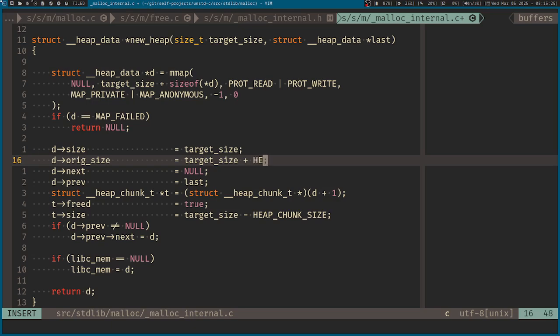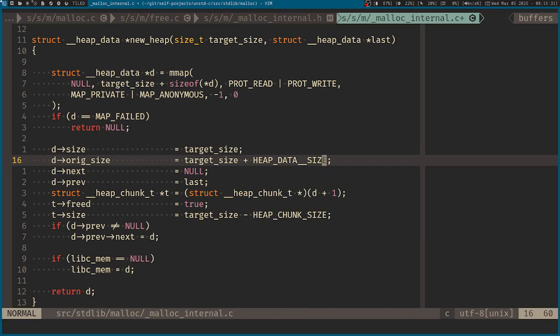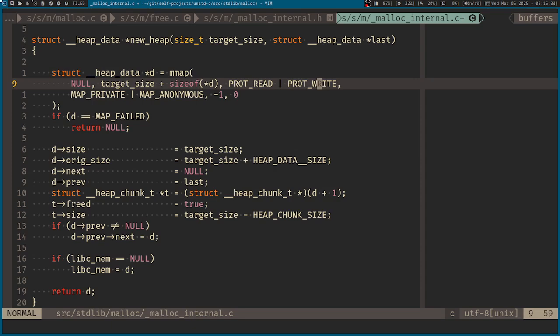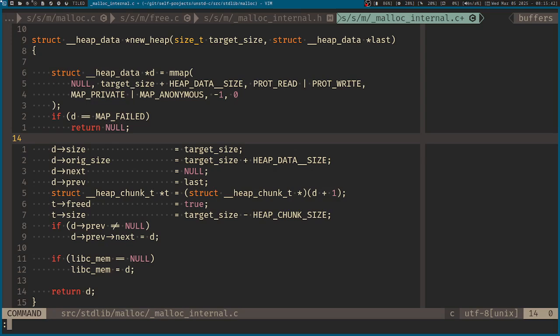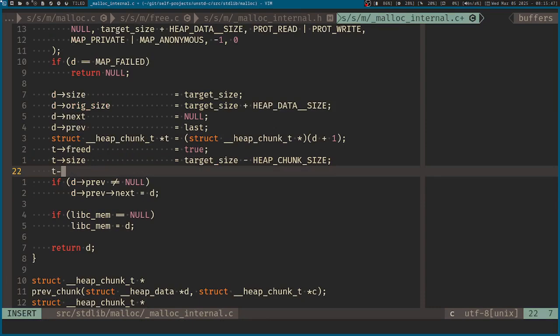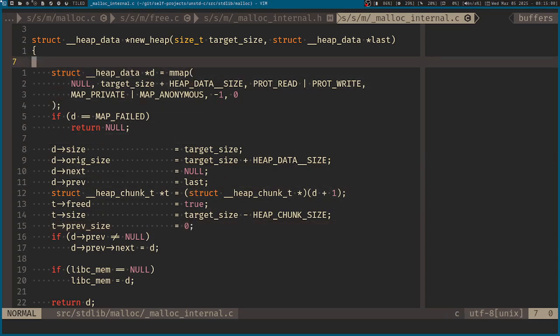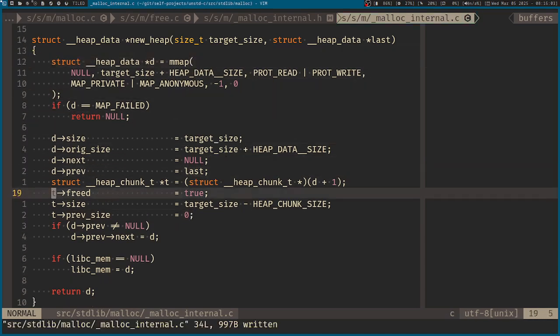and n equals to size of that is related to the heap will be replaced by this macro, and over here as well, heap data size. So we've done that. We also have the previous size, but since this is the first chunk in the data, that should be 0. Now for the way we will find the free chunk,